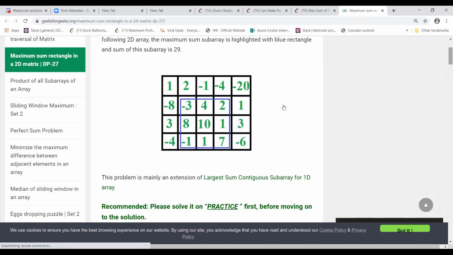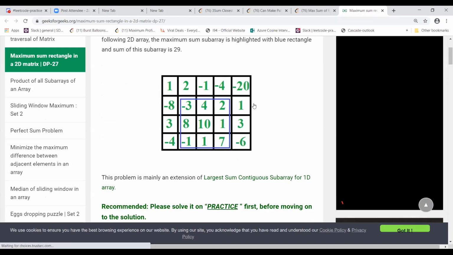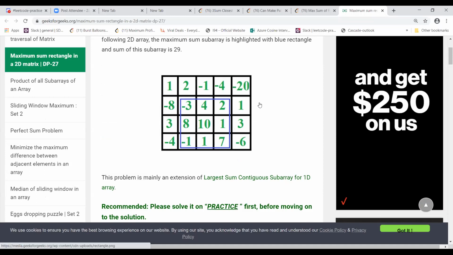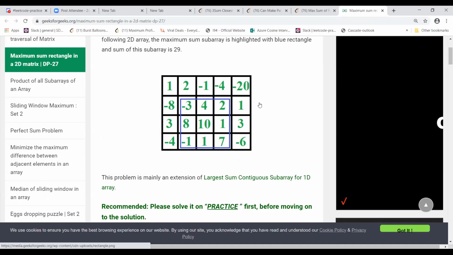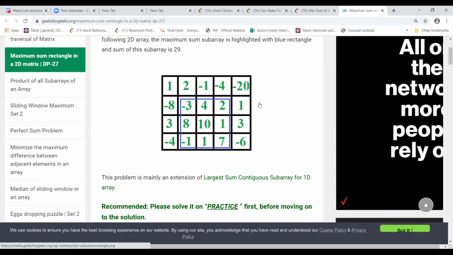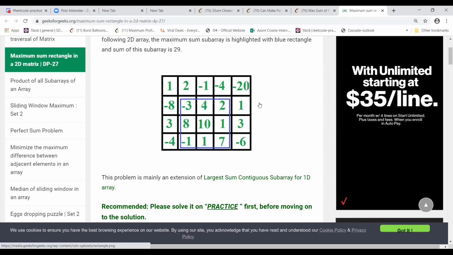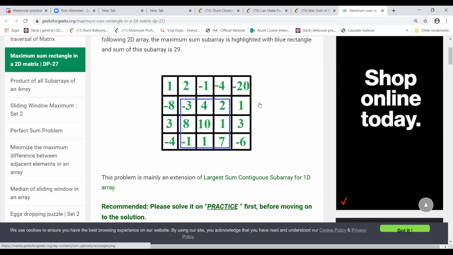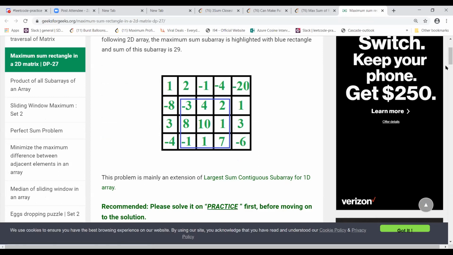I think they fix one column and try to increase that column towards the right side. Whenever a new column is added, they just add that new column's values to the previous ones.